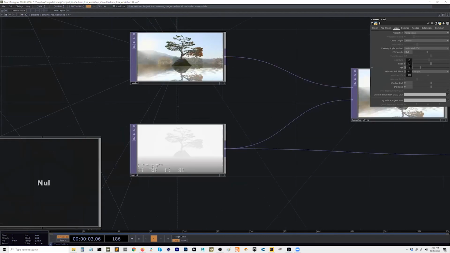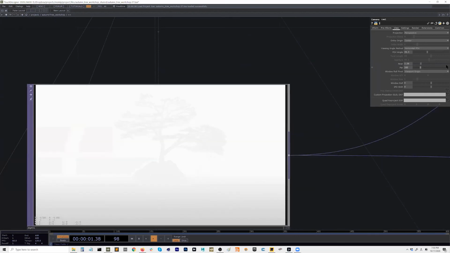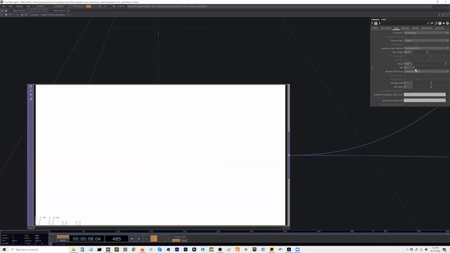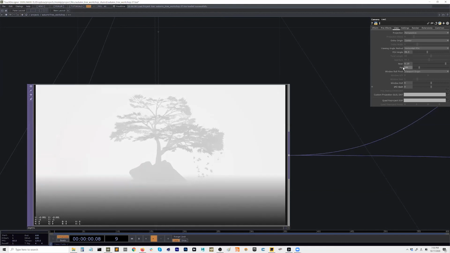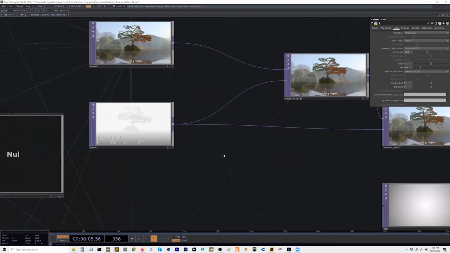But in my case, I made my far to be like 200 and then near to be like 5. And you can see it changes if I change this value. See, the closer it is, it's dark, and the farther it is, it's white, right? So you need to get the right amount prepared